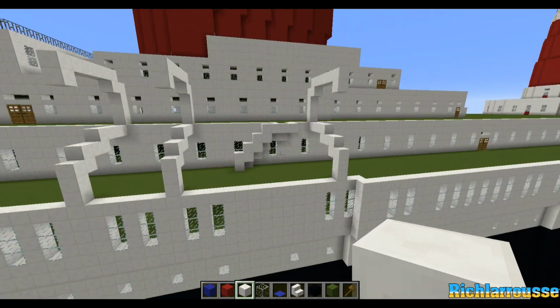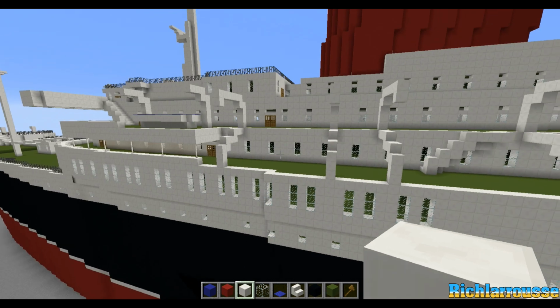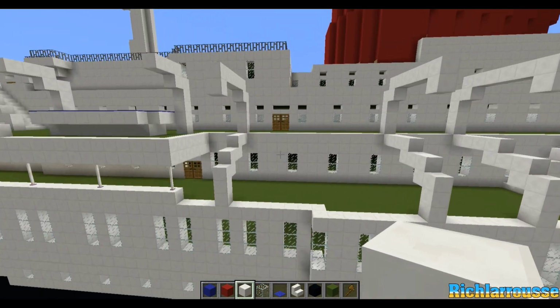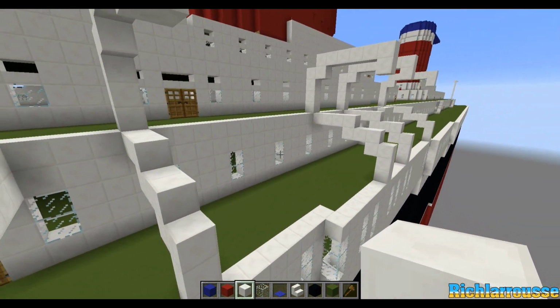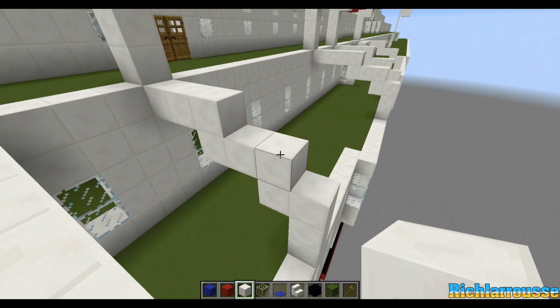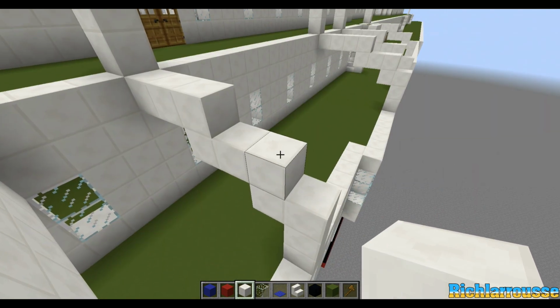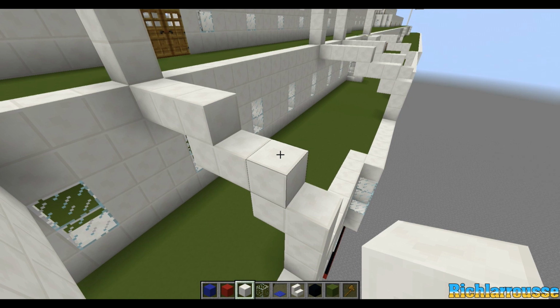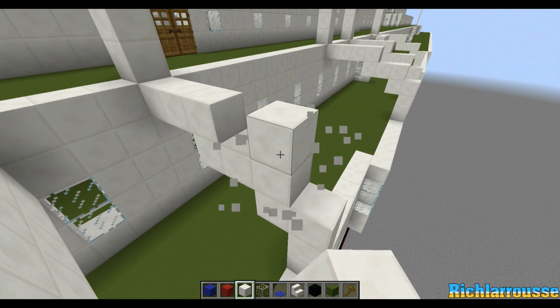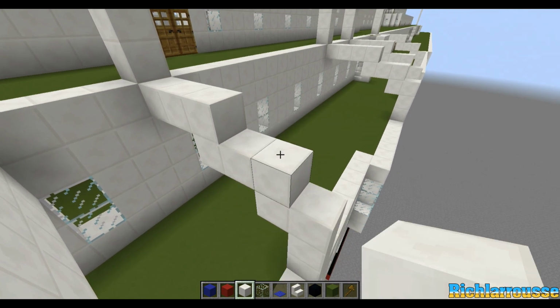Anyway, that's the first 2 gantries done, and I will do the rest off camera probably, but as long as we get the first few out the way, we should be okay. Right, so what we're going to do now is go from the first gantry, or the first one in the pair, the first one in the first pair, and we'll add our boat. So we'll put the keel on this block here. So on this block here we'll put our keel, and the keel is